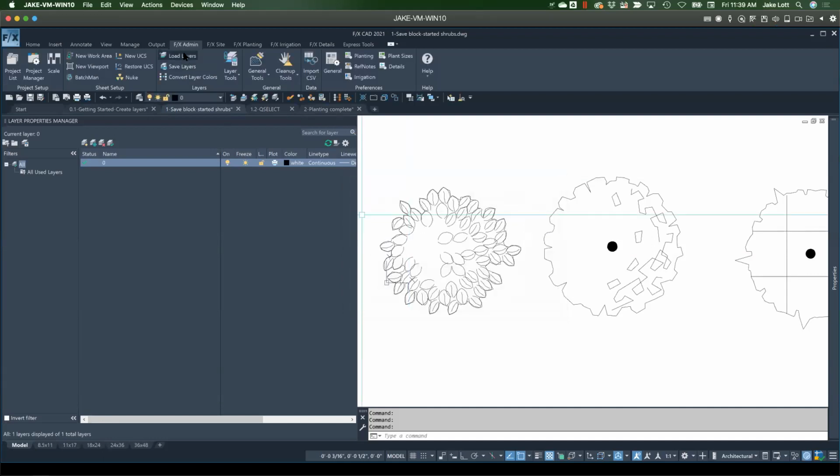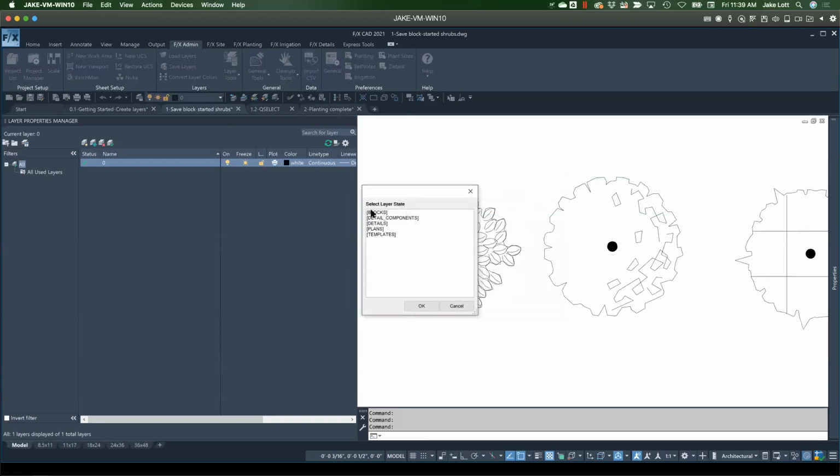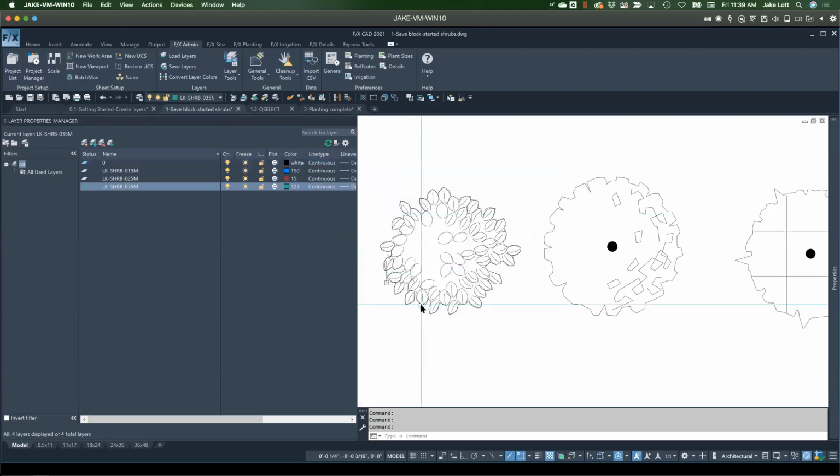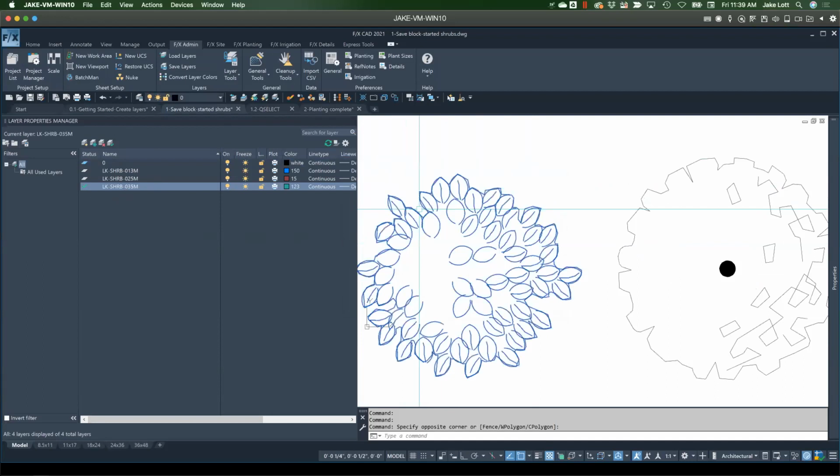I should have said load layers. Go into blocks and find our shrubs. As soon as we say load those layers, it's going to bring in every one of those layers that we just set up, and we can start assigning stuff. So just real quick, we'll go ahead and